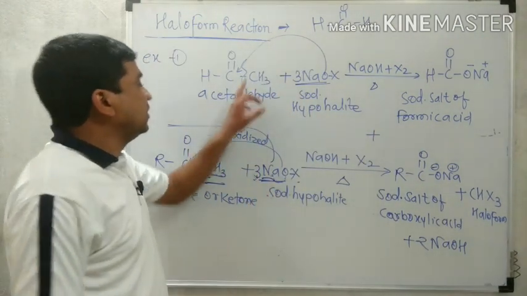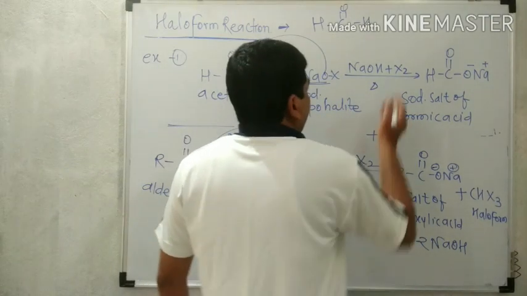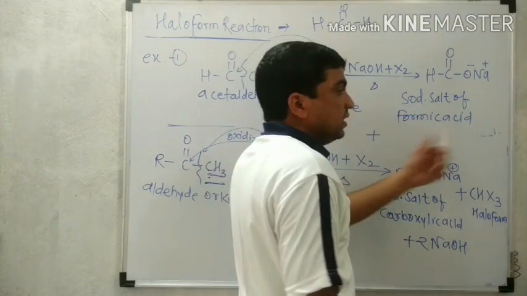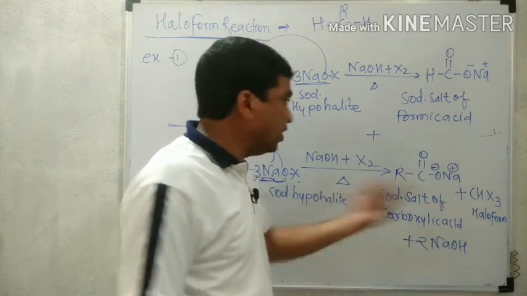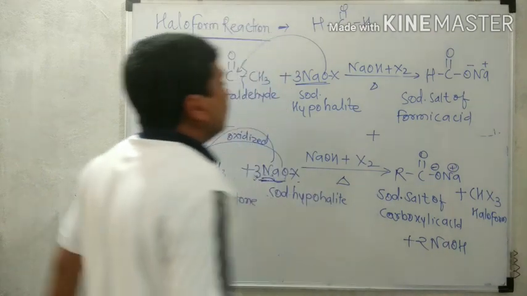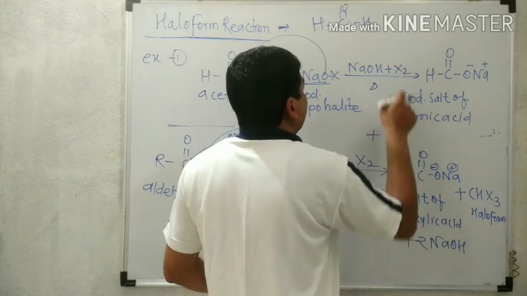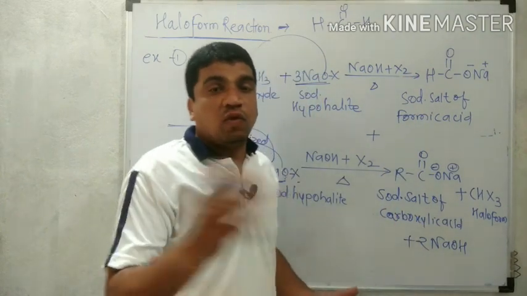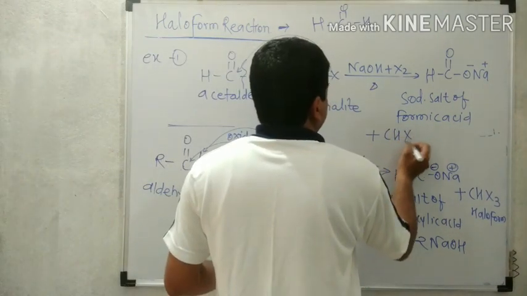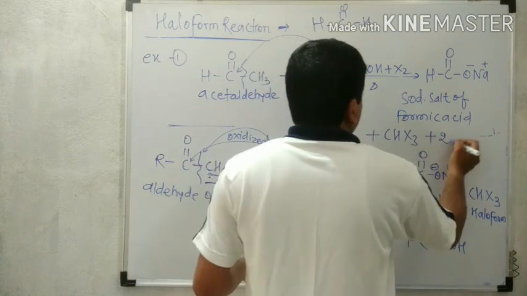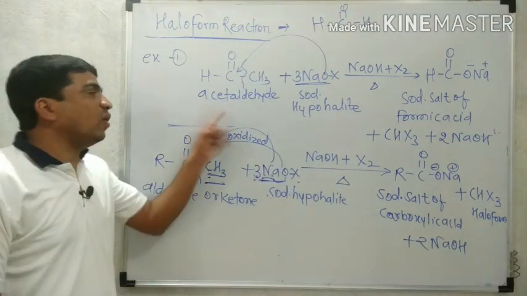So now what is remaining? That CH3. Out of that CH3 we take CH and the three halogens. So if X2 is chlorine, CHCl3. If X2 is iodine, CHX3, that is CHI3, iodoform. So it depends upon which halogen is taken. If chlorine, then CHCl3, iodine, then CHI3. Therefore chlorine, chloroform, iodine, iodoform. So we can generally write here CHX3 plus the remaining NaOH. Now that is about the action of sodium hypohalite on acetaldehyde.